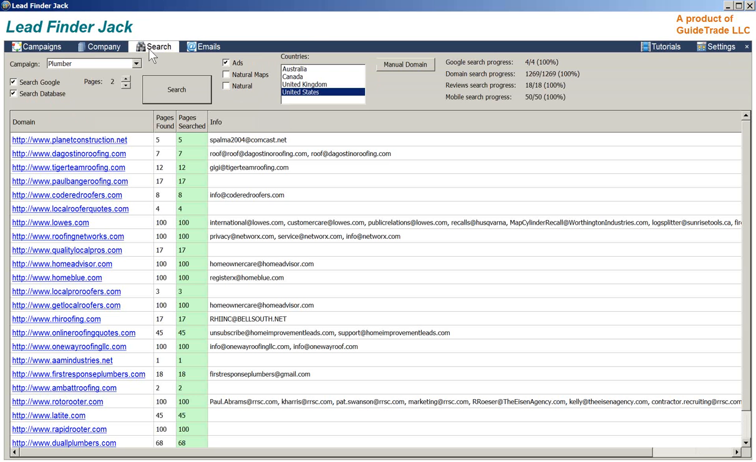Okay, in search, you select your campaign, and in the campaign you have defined the keywords and the city, and later on you will also define the country. Now you have 3 options. You can search only on the ads